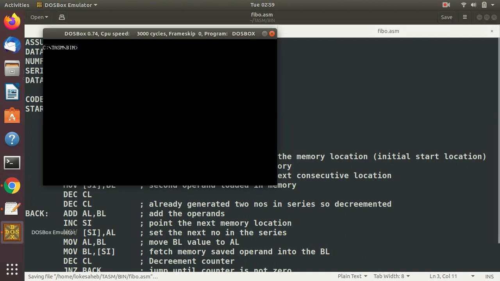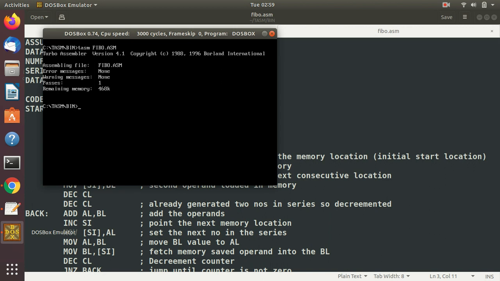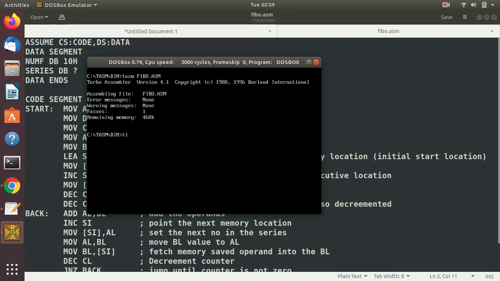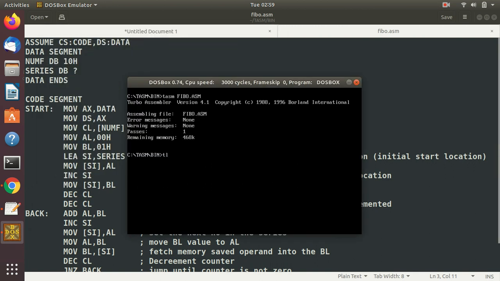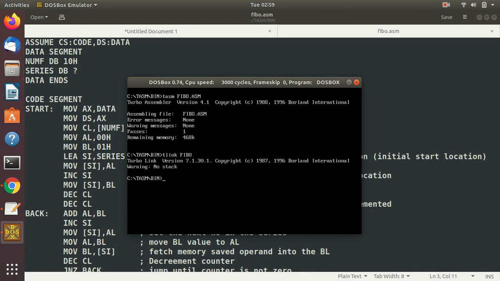Okay, so you have to assemble it again now. T-link here, hope you have seen this. I incremented this number just like that, nothing else, and fibo, and td fibo dot